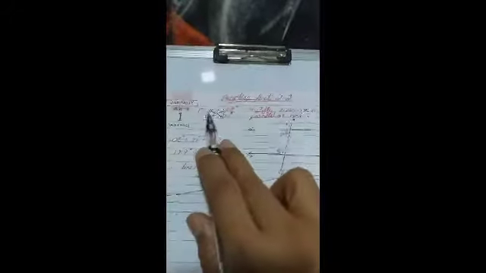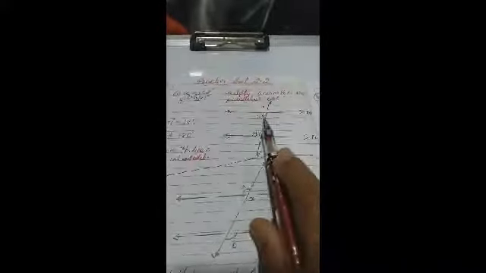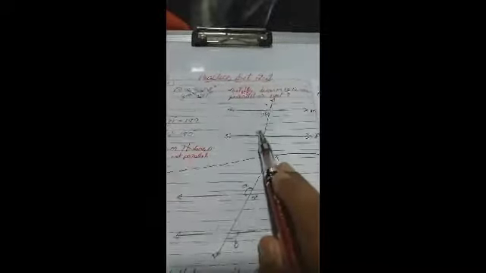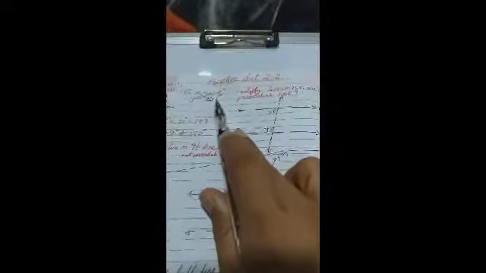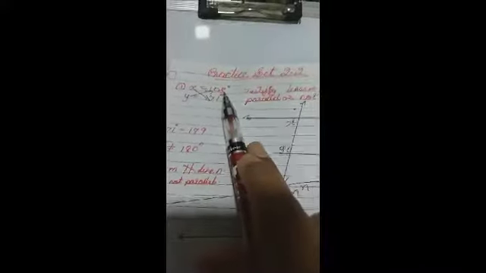Okay, practice set 2.2. The first problem is a given diagram where M and N are parallel lines. You have a transversal which forms two interior angles X and Y. The measurement of X is 71 degrees and Y is 108 degrees. I had written it upside down, so I have made arrow signs here.